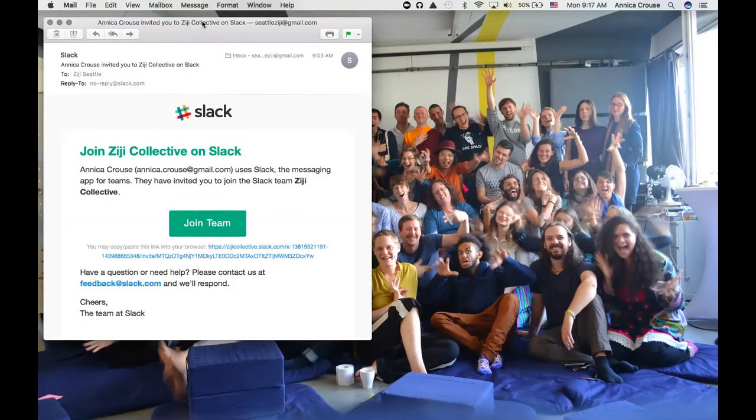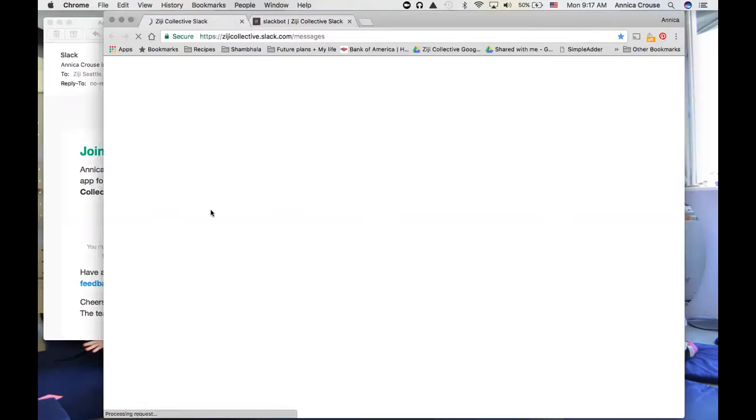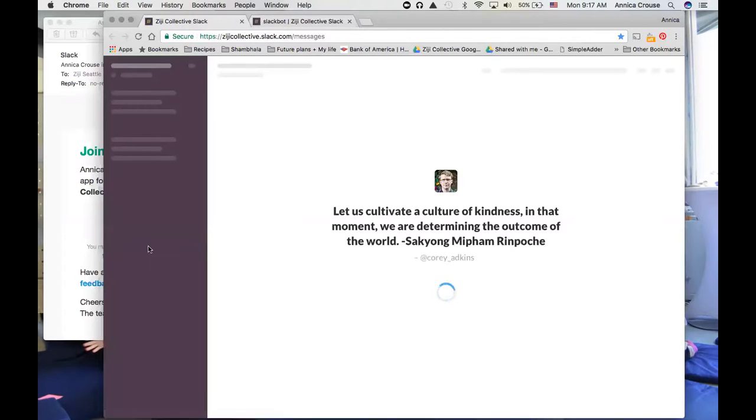Basically, if you would like to use Slack and you aren't already on the Slack team, Ziji Collective, please send an email to contact@zijicollective.com and we'll set you up with an invitation to join the team. You should then receive an email that says you're invited to use the Slack team Ziji Collective, and you want to click on Join Team. So it's going to let you set up an account and then it's going to pull up